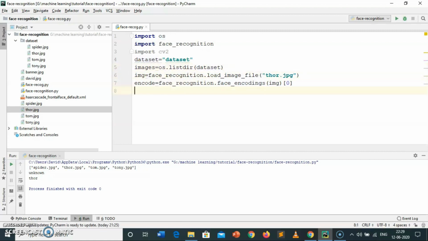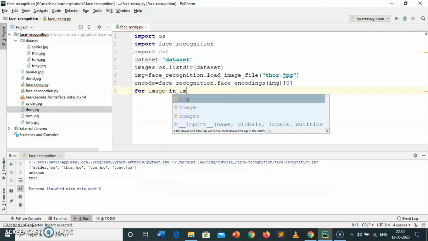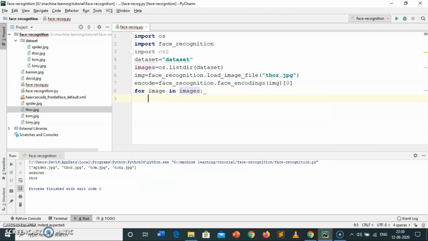Now I am going to use a for loop to encode each image in the dataset and compare it with the given image, that is Thor.jpg. So, for image in images, we have to give the path.